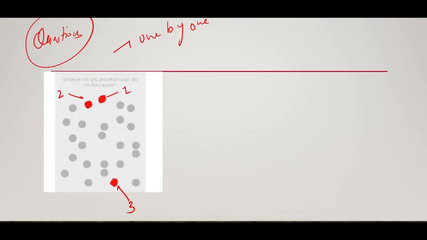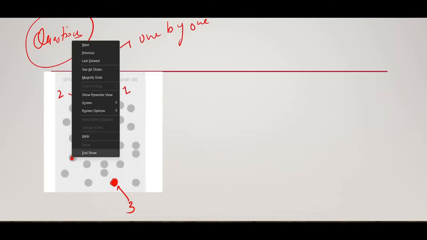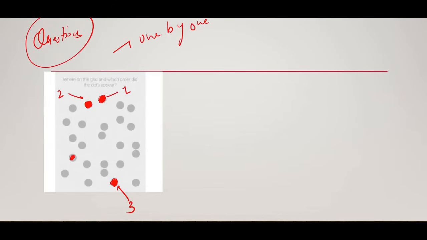अब सपोज ये वाला डॉट रेड हो जाता है, ठीक है, ये वाला डॉट सपोज रेड हो गया। अब आप याद रखोगे सबसे पहले ये वाला डॉट रेड हुआ था, फिर ये हुआ, फिर ये हुआ, अब ये हुआ है। तो इस प्रकार से धीरे धीरे डॉट्स यहाँ पर रेड होते चले जाएंगे और आपको नंबरिंग याद करनी पड़ेगी, सबसे पहले कौन सा डॉट रेड हो रहा है, फिर कौन सा रेड हो रहा है, ठीक है। और ये जो नंबरिंग आप जितनी लंबी याद रख पाओगे उतना आपका स्कोर इसमें बढ़ता जाएगा, फिर आपके दोबारा से रीसेट हो जाएगा।